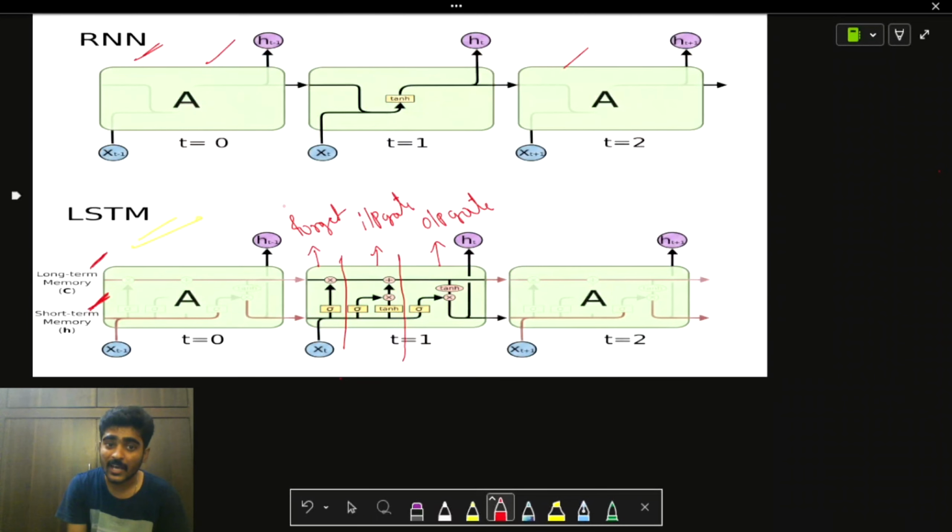The entire LSTM architecture works on three gates: the forget gate, the input gate, and the output gate. Let us start with the forget gate. Now, what the forget gate actually does is, in long term memory, if we look at this paragraph,